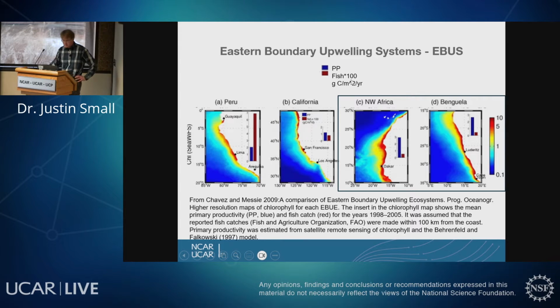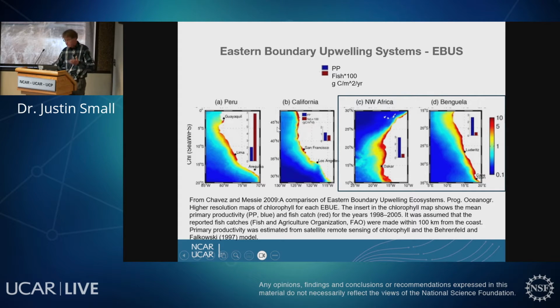The red bar is the estimated fish catch, times 100 grams carbon per meter squared per year. What you see is that Northwest Africa and Benguela have these amounts of fish catch. Peru has the highest amount of fish catch, which is much more than other regions.